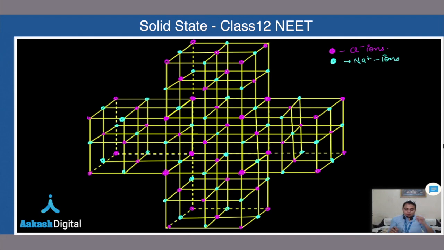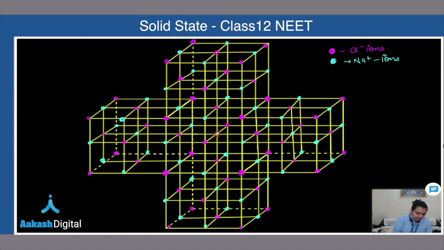Now, let me see what will be my coordination number with respect to my Na positive. Clear? With respect to this Na positive, this center one, let us find its first coordination, second coordination, and third coordination. The similar coordination number will be found for the Cl negative. For Cl negative also, you will find a similar kind of coordination. I am showing you here the coordination numbers for the Na positive.